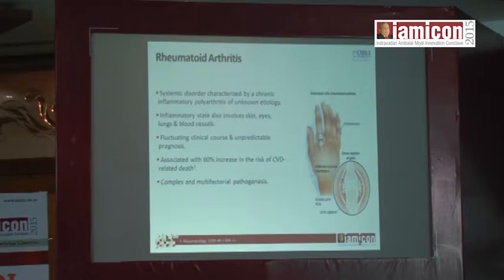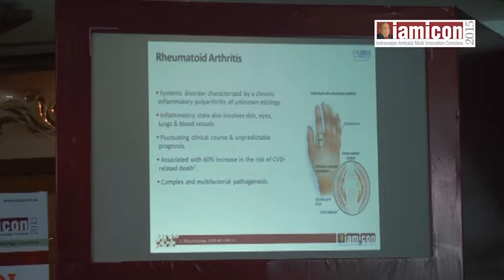Coming to rheumatoid arthritis, being physicians and orthopedic surgeons from the medical fraternity, we all know it's a systemic disorder, not limited to one joint, but usually a polyarthralgia. The etiology remains unknown, but the pathophysiology depends on inflammatory cytokines and inflammatory mediators that attack the skin, eyes, lungs, and blood vessels.